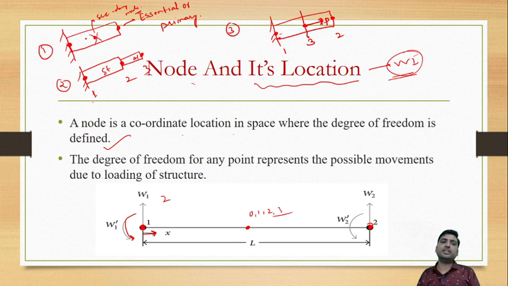Your result will be very near to the exact solution, because you are dividing this structure into number of elements. Means in this finite element method, if you are dividing the structure into more and more number of elements, the results will be far better as compared to the less number of elements. If you are dividing this into 10 parts, and if you are dividing it to 6 parts, the result of 10 part solution will be far better as compared to the 6th one. So result will be better, but this is your secondary node, because if you will not take this node also, your problem can be analyzed. So this is all about the node and their location, how we will select the nodes.